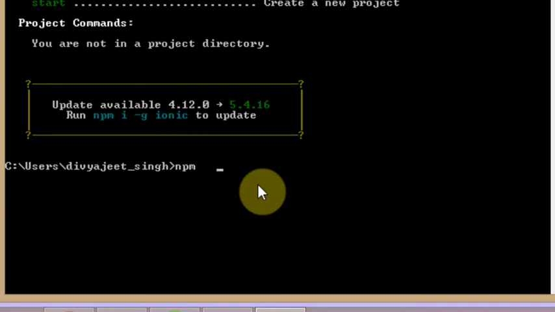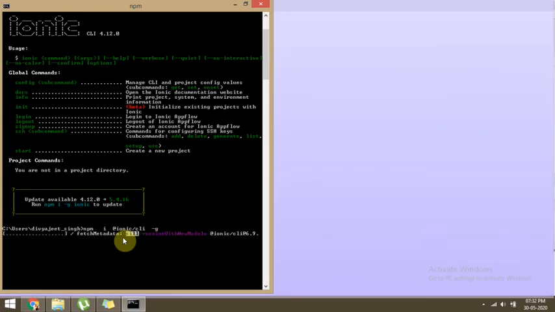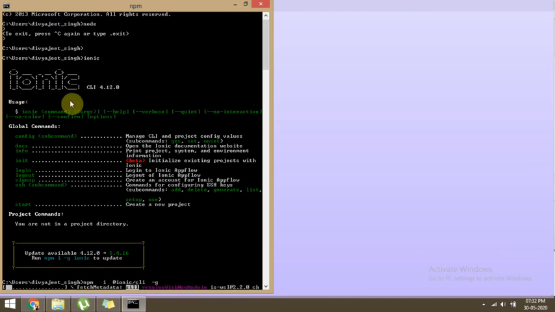Now I will explain how to install Ionic. Simply type npm i @ionic/cli -g. We can also download the latest version of the Ionic CLI.